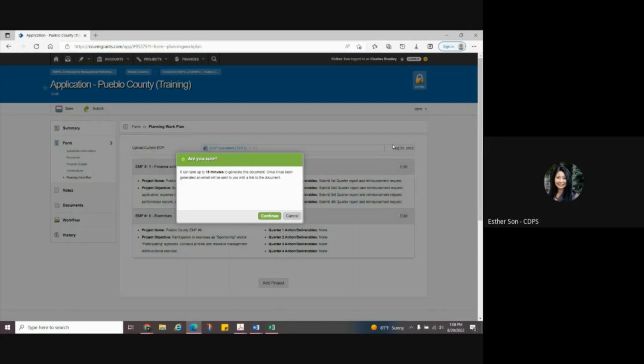When you do this, you'll get a box saying, are you sure you want to generate this? It's going to take 15 minutes to generate. And you say, of course I do, because I need my approving authority signature. So you just click on Continue. When you click on Continue, there's a notice that the document is being generated, and you will receive an email when it is finished. You don't need to regenerate it. You'll just get an automatically generated email. With that email will be an attachment with the Flatten application. That Flatten application can be sent to your board chair and CFO with the signature authorization form